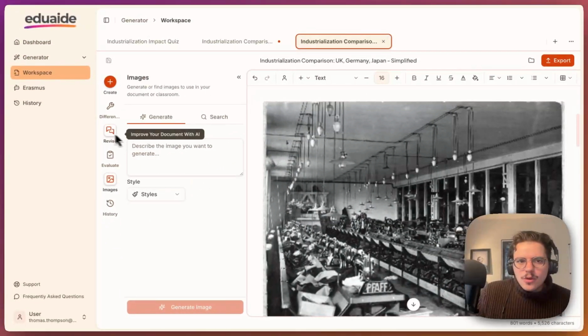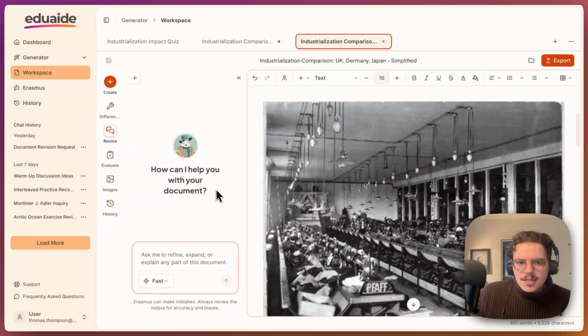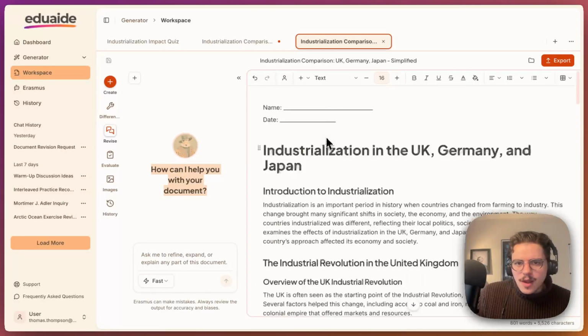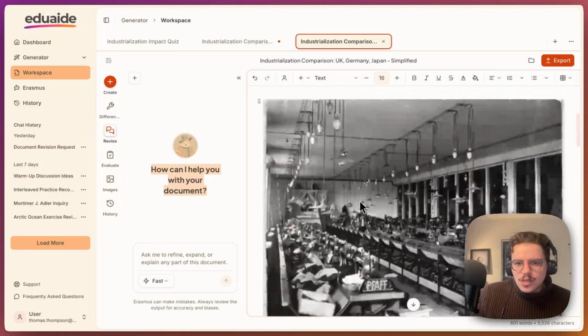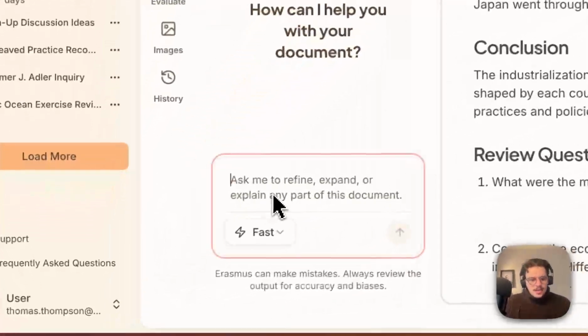Now you have options for revision. Revision simply takes an AI agent, we call it Erasmus. The agent reads the document, and you could say,